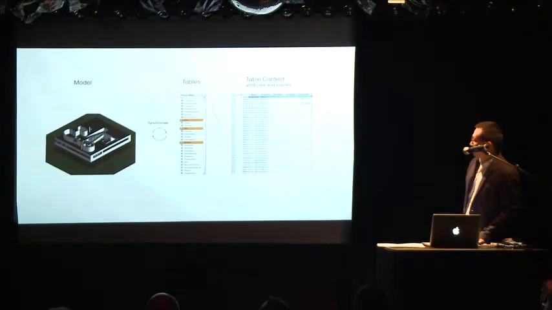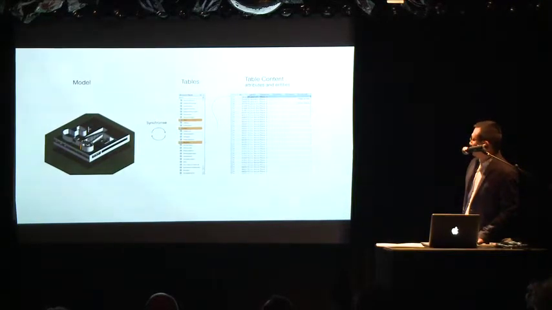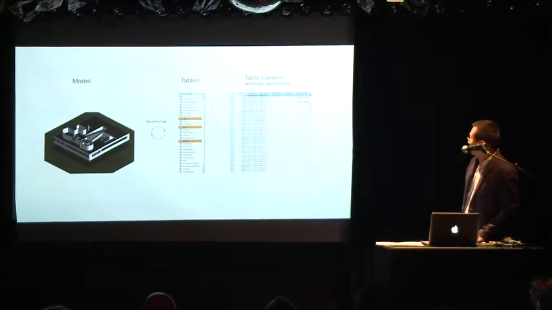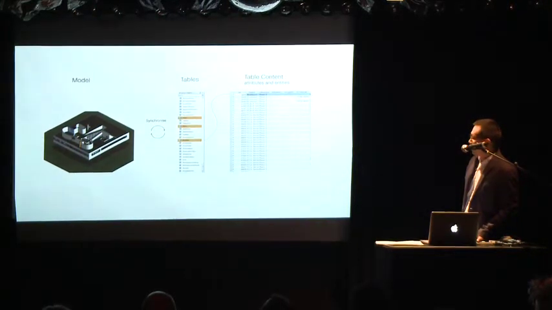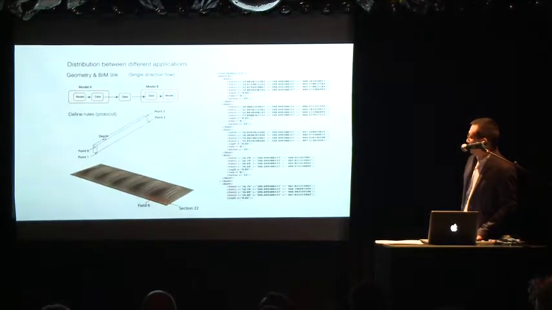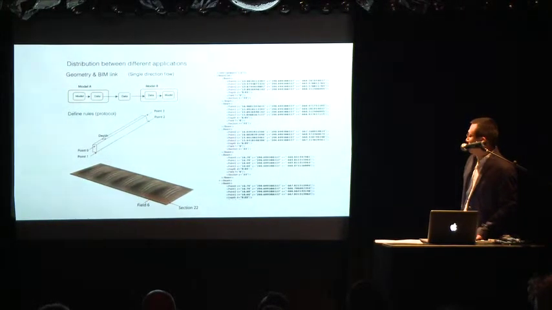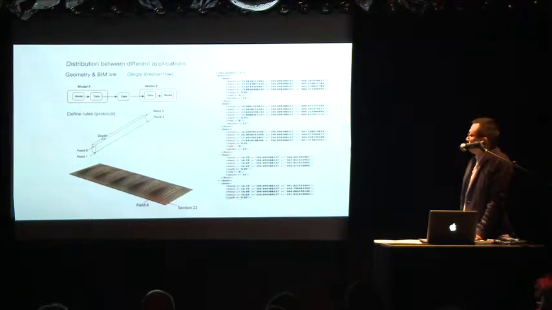The model is synchronized with a database with tables, and the tables are connected to the table contents with the ID. This is how I tried to build connections between Rhino and